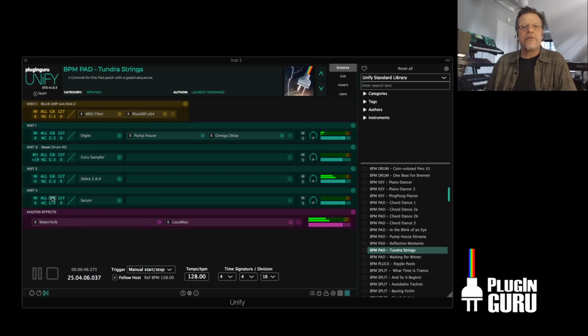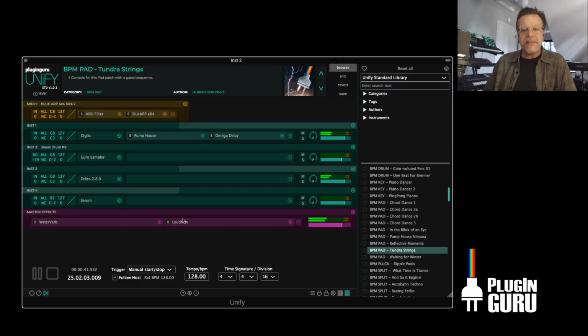I'm going to right-click with my mouse and say I want this to stop at C, and I want the pad stuff to all stop right there. So I've split the keyboard just like that between 3 layers, faster than you can on any other DAW that I know of. And now,